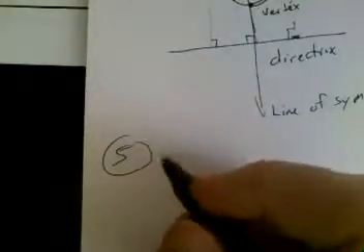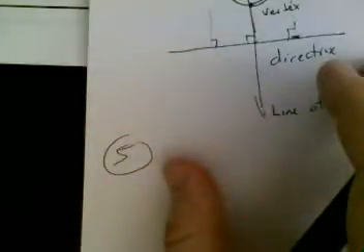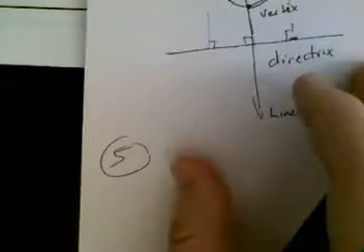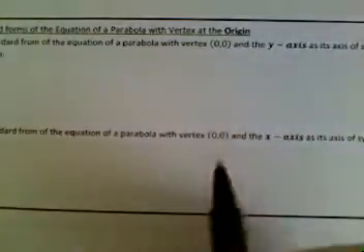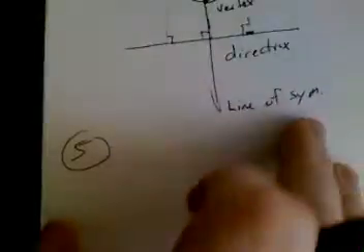The problem with number 5 is it doesn't work all the time. You'll notice for number 5, it says the standard forms of the equation of parabola with a vertex at the origin. So this only works if we're playing with a parabola that's centered at 0, 0, that has a vertex at 0, 0. So all of the equations for this will be x squared is equal to 4